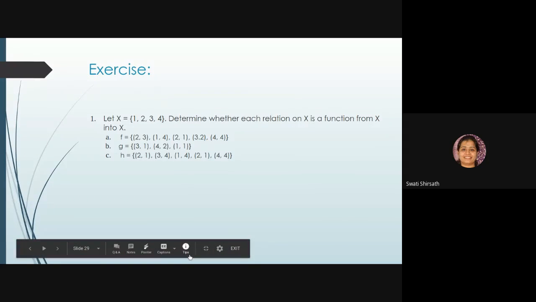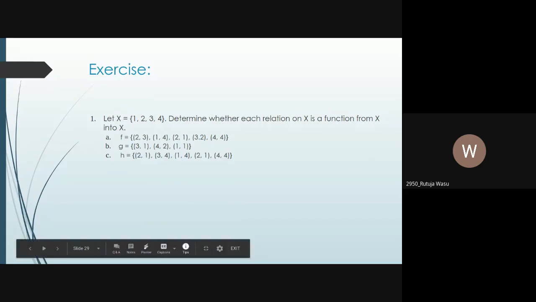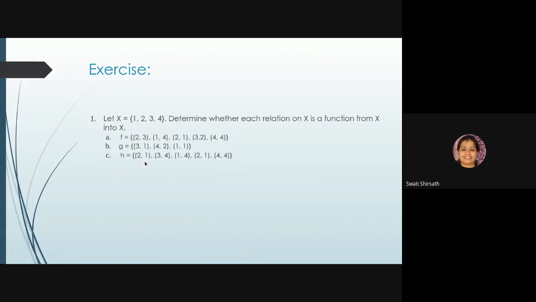Now tell me about G and H. Are they functions? G is a function, H is not. G is a function and H is not, because 2 is again having... no, that pair (2, 1) is written twice, so it's okay. We will consider it only once, it must have come in by mistake. So in that case, H is also a function. Elements, you won't be repeating, because we are working on normal sets only, not multisets. So you'll find these pairs written only once.